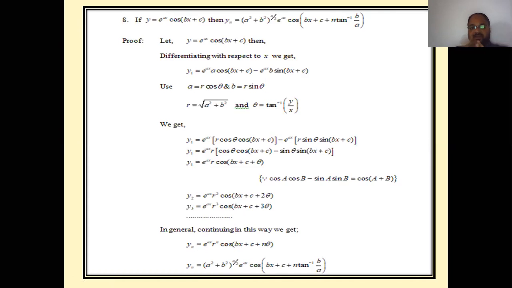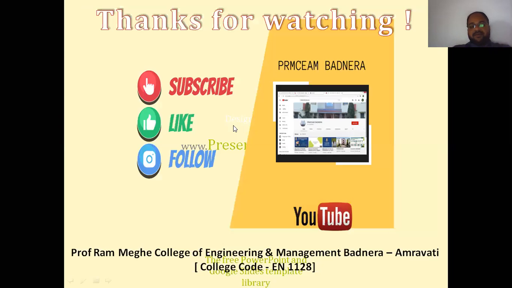So here, in the previous lecture we have seen 4 results which are based on the nth derivative, and in this lecture we have also seen the next 4 results, like trigonometric for sine and cosine, as well as the combination of exponential and trigonometric for sine and cosine. So total we have seen 8 results on this nth derivative.